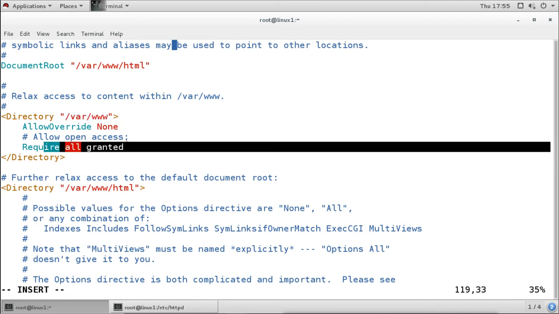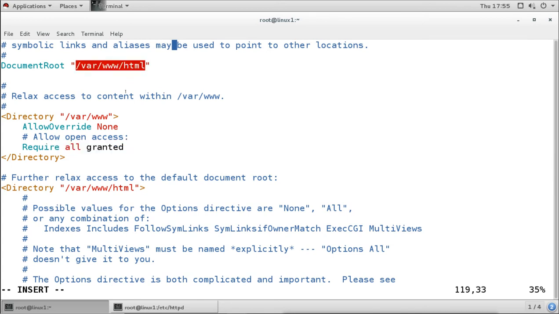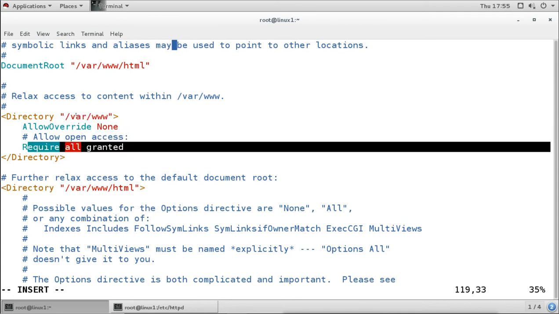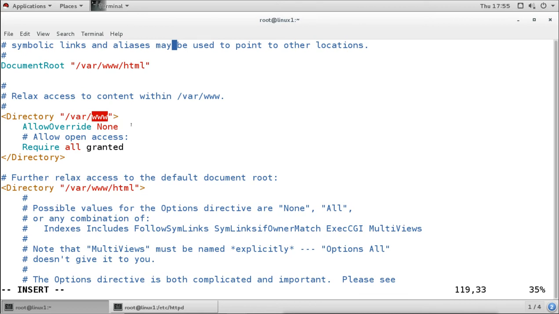So if we want to create a new directory rather than this default directory, we can create it under this directory, and it is also going to be accessed by the Apache HTTPD server, because it is already granting access for every directory inside this directory. This HTML directory is also inside this directory. Now we don't have to add any other syntax for this HTML directory, but if we want to add some additional configuration for this specific directory, we can add the syntax here, which is added here.